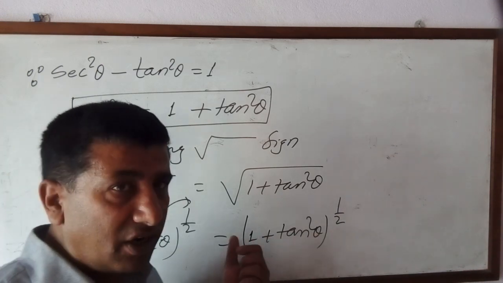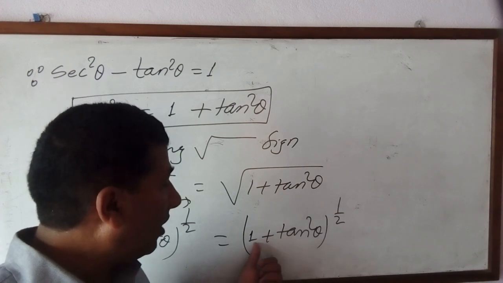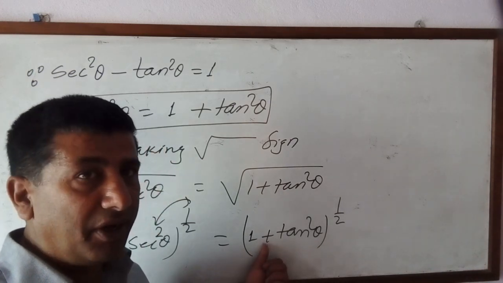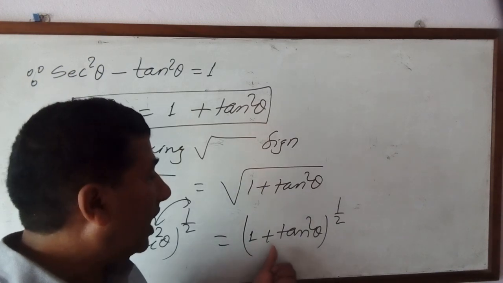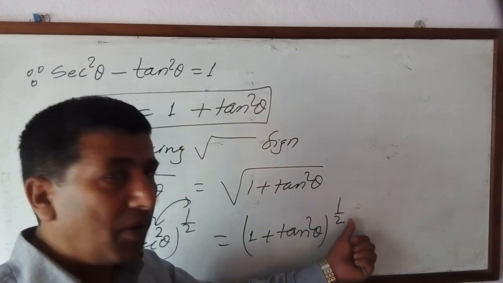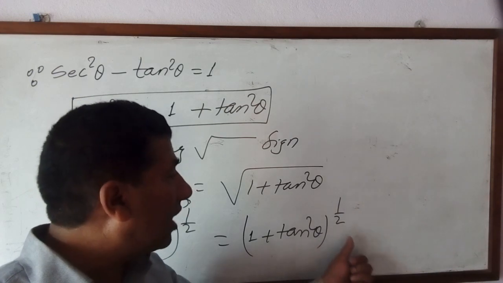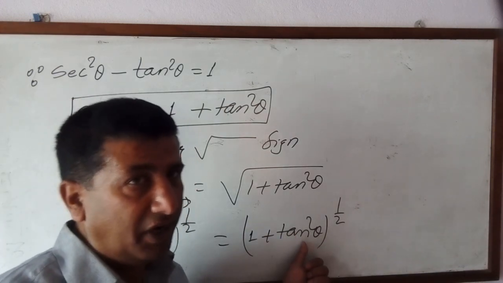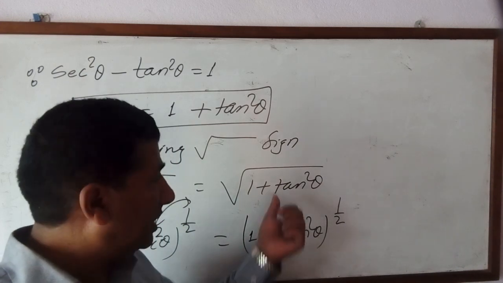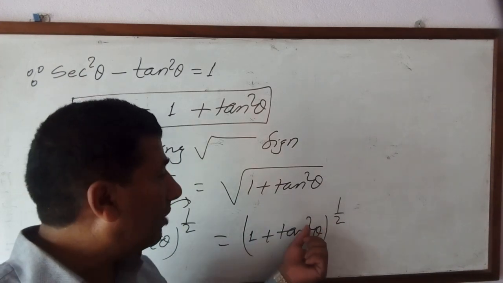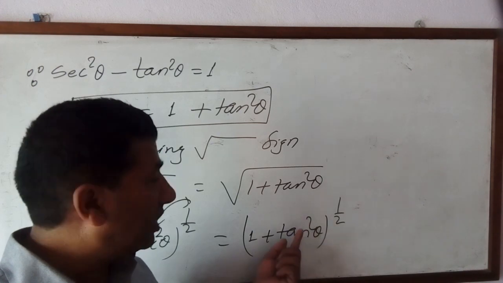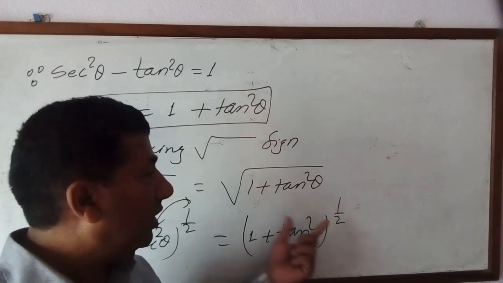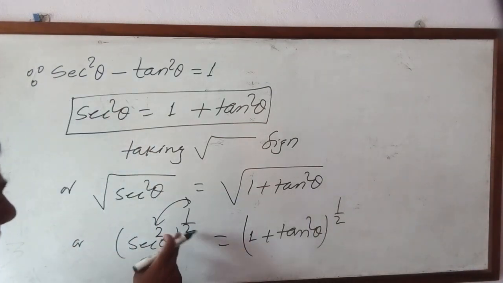This total is not a term. One term, second term. Two terms are there, with a plus or minus sign in the middle. In this way you have to identify. That's why by this external power 1 by 2, we cannot multiply the power of 1, we cannot multiply the power of 10. That's why it remains the same. We cannot multiply this 2 tan square power by this 1 by 2. We cannot multiply the power of 1 by this 1 by 2. It remains the same. But here we can multiply.